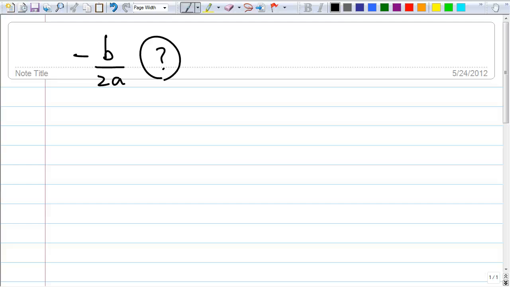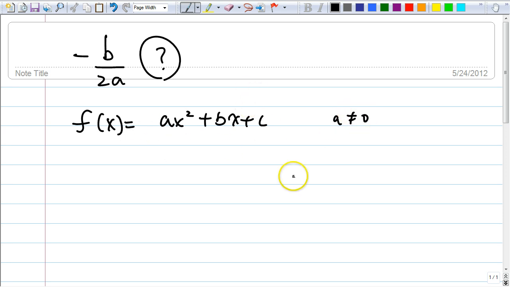So when we were looking at a parabola, we noticed that the x-coordinate of the vertex of a parabola is always negative b over 2a, and we want to think a little bit about how we got that number. Remember, if I have function notation, f of x equals ax squared plus bx plus c, which gives us a parabola (of course, a can't be 0), the coordinate of the vertex is always negative b over 2a, comma,